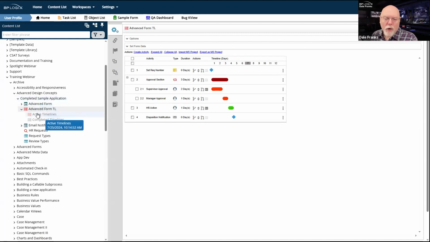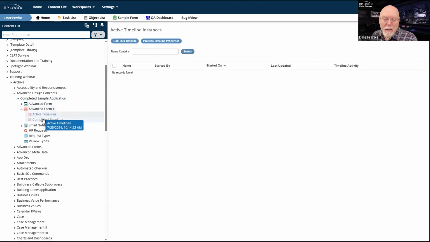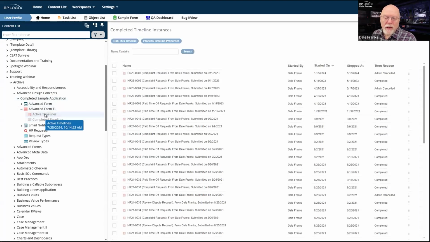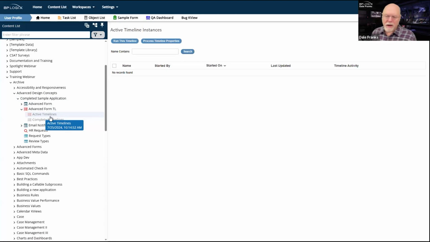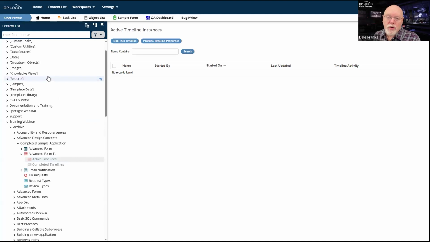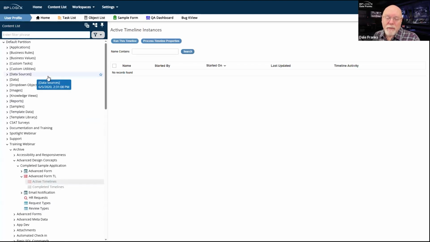Once you have running processes, you're going to need to probably manage them. And there are 2 things that you have to worry about as a process manager. The first thing you have to worry about is whether you have any processes in error on your system. So if you manage a Process Director system, you should have a knowledge view for processes in error.